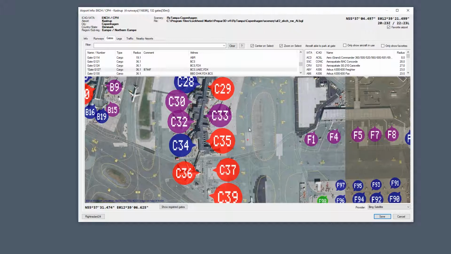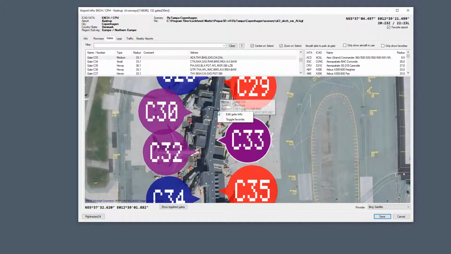For example, I flew one flight where I thought the gate I had selected would be available. There was a static aircraft, and I did all my preparation in the cockpit, and everything was okay. But then I started the push. I had a look outside, and as soon as I started to push, my aircraft was inside an AI aircraft. So one usage for this command field would be, for example, if it was the case with this one, I could say I want to choose